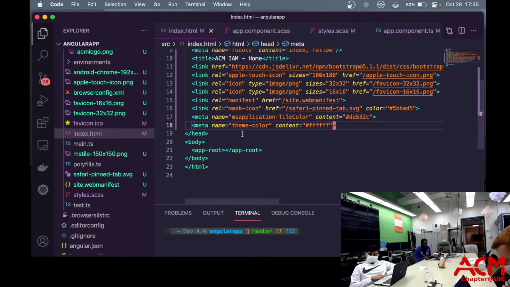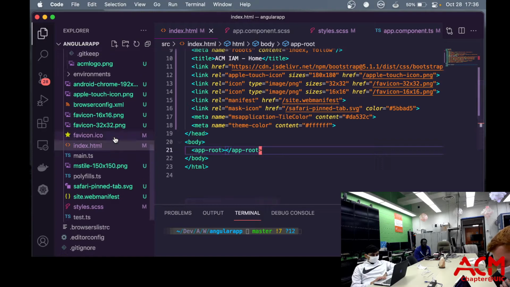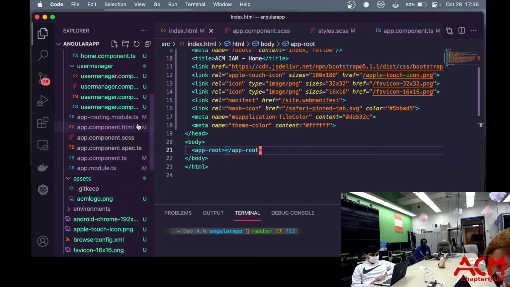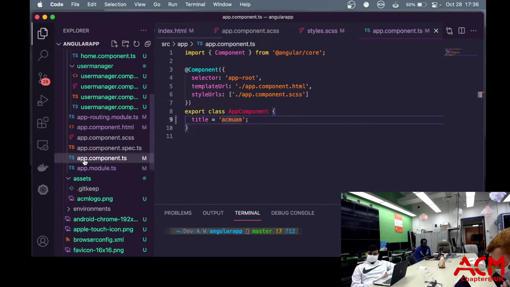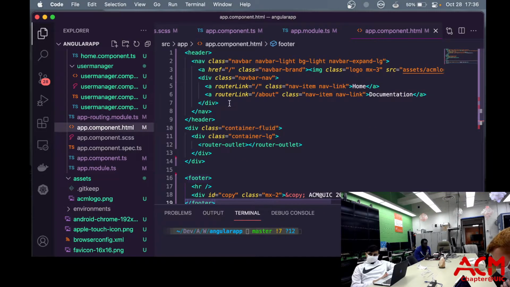This is basically where it starts to inject its custom code. And we have an app root here in the body. And just like we saw in React, this is a custom element given to us by Angular, which basically just tells it to load this app component.ts file. And this app.component.ts file, it's a TypeScript file, tells it that it has an HTML file, which, as we saw before, is the basic